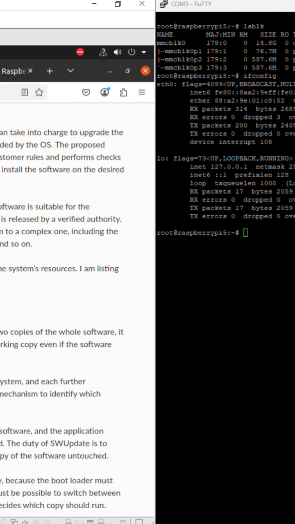You have a boot partition, and then you have a file system called rootfs, root file system, to run the embedded Linux. There is a kernel